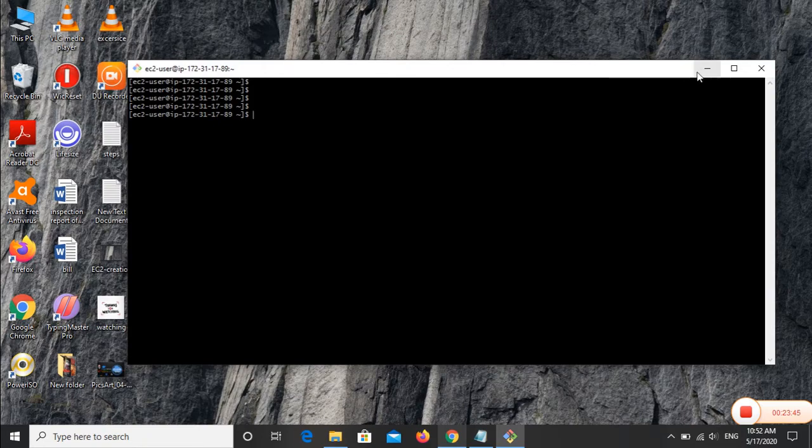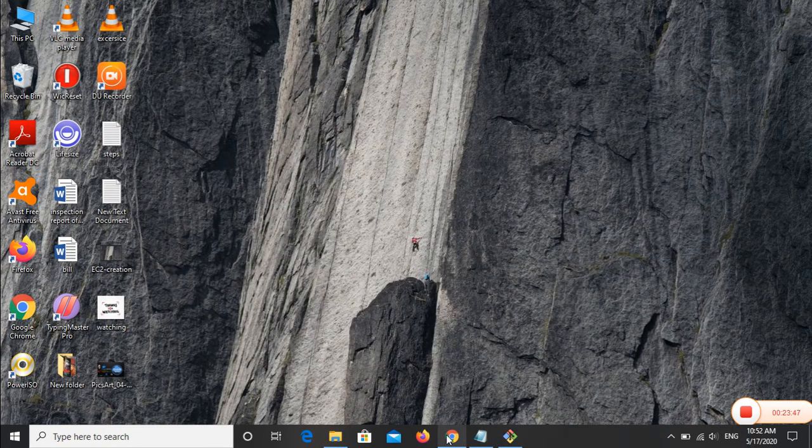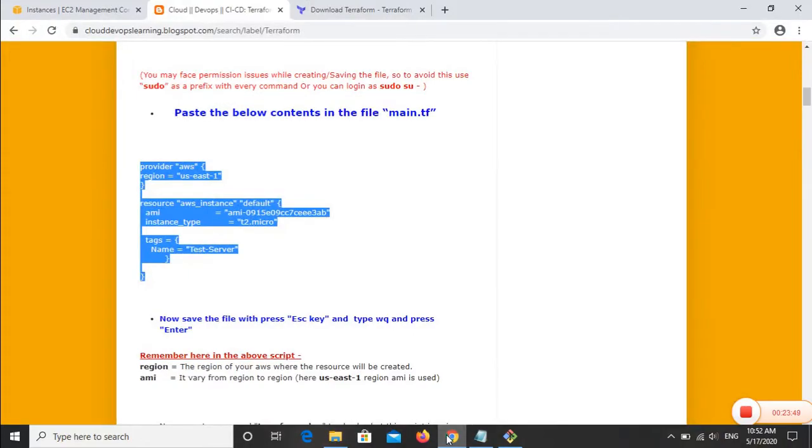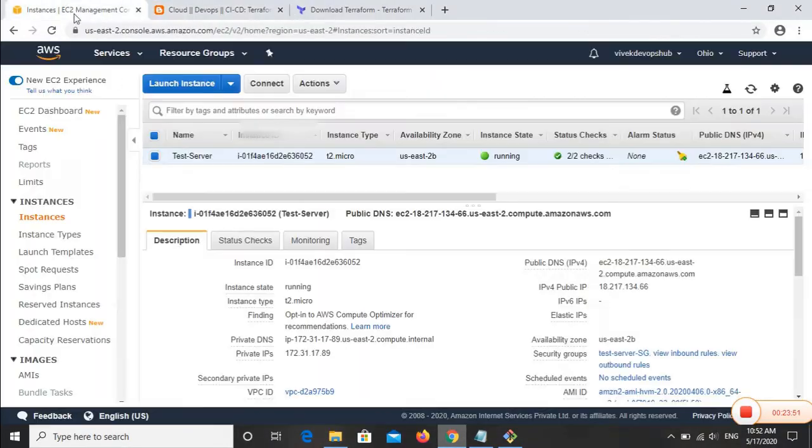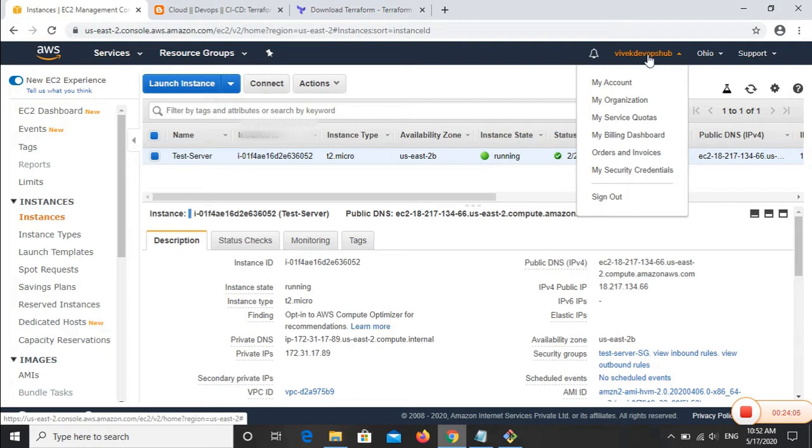To configure the AWS CLI, we have to go to our AWS console and get our access keys and secret keys. So to get the access keys and secret keys, we will go to the console. We will click on our account name.